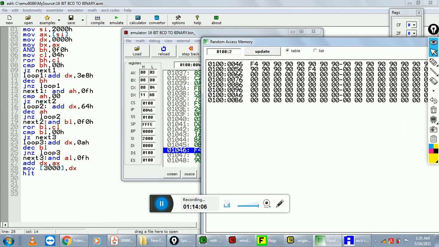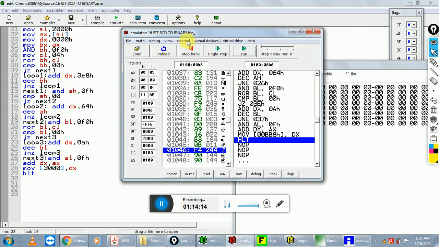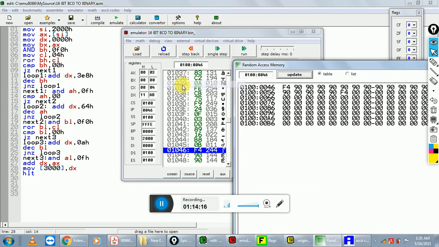Update the offset address with 3000. First save the number, which is 2345.